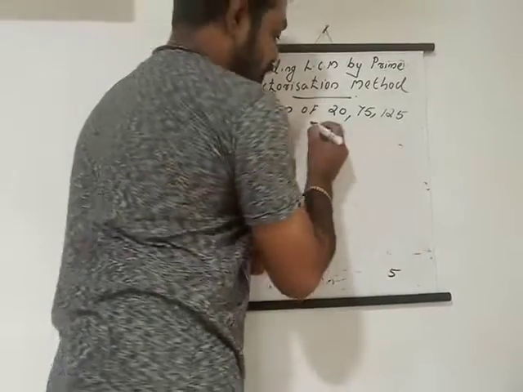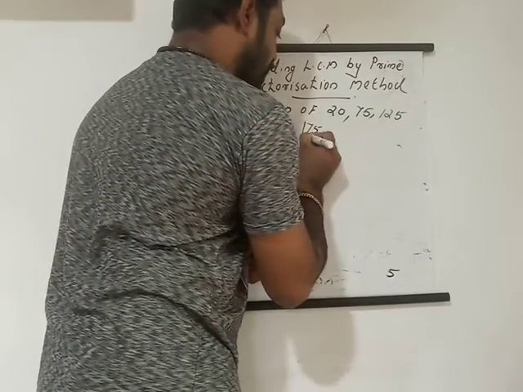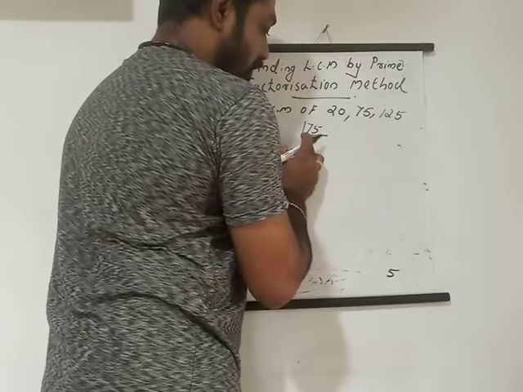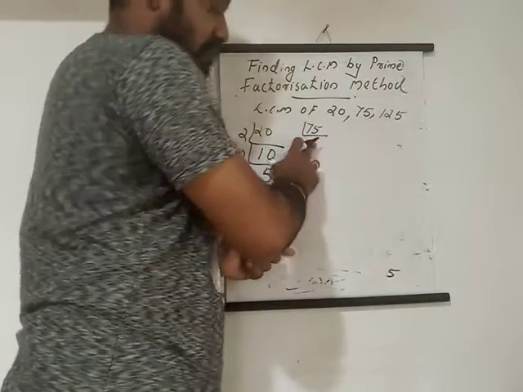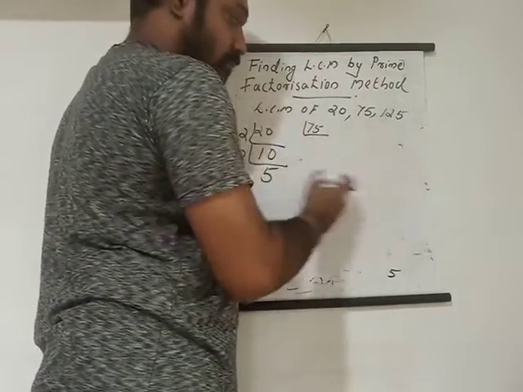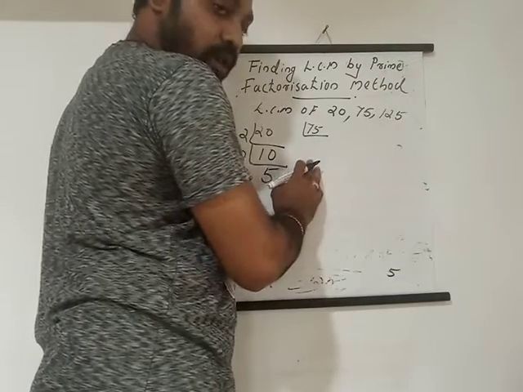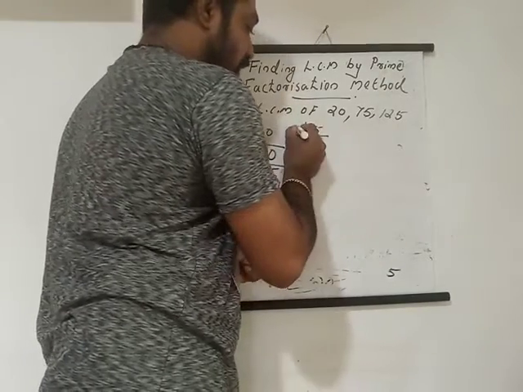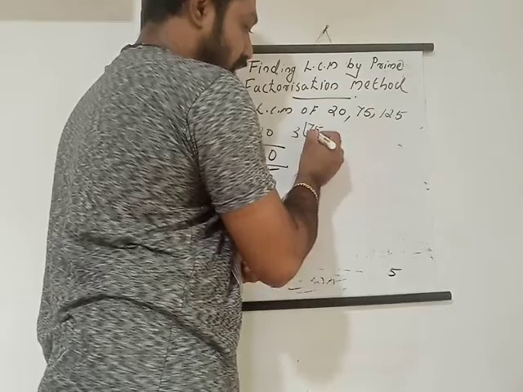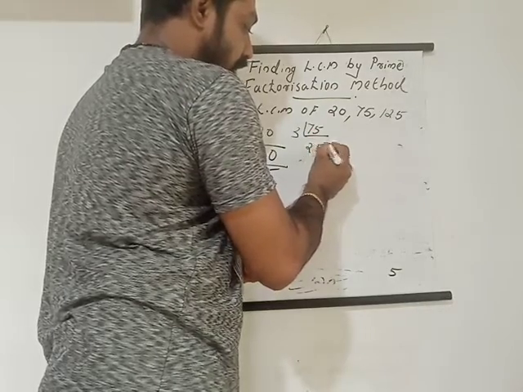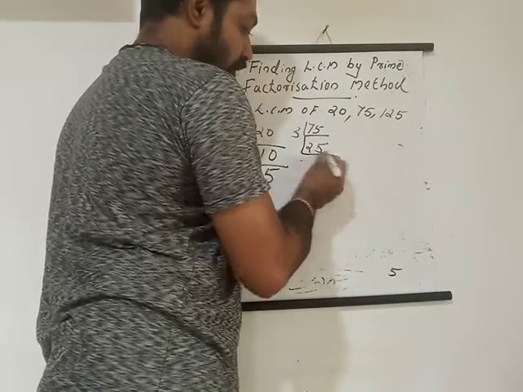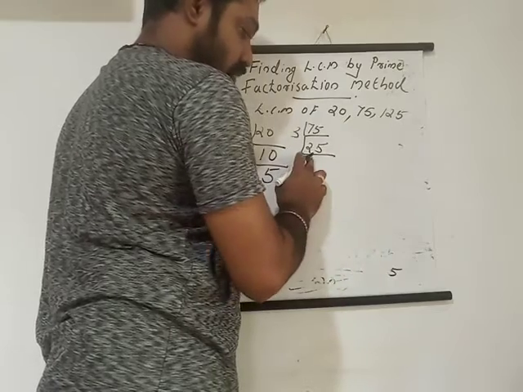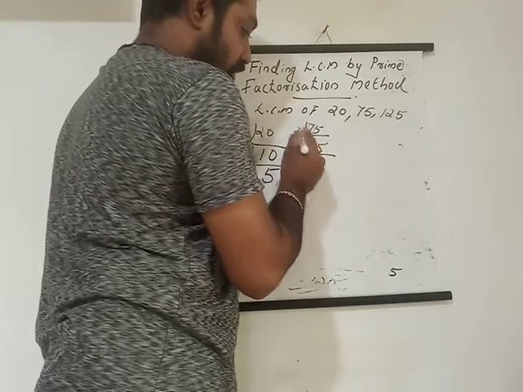So take 75. What will we get for 75? We can do it with 5... 7 plus 5 is 12, isn't it? This is an odd number, we cannot take 2, so the next number is 3. 7 plus 5 is 12, 12 is a multiple of 3, so we can take a 3. 3 twos are 6, carry over 1, then we get 25. 25 is not in 2s or 3s, so we have to take a 5.